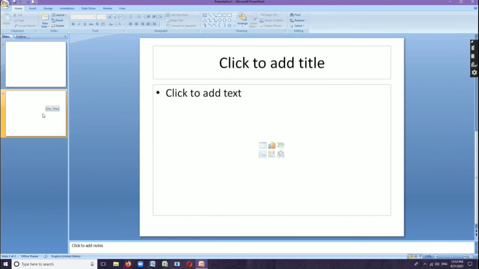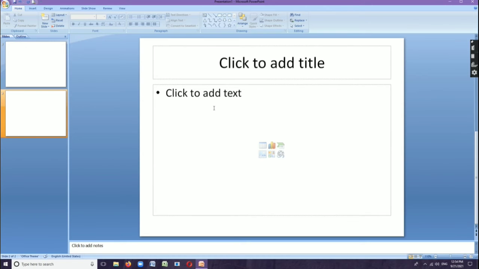Here you can see these are called slides. We can add pictures, text, audio, video, images to this slide, and also we can create beautiful presentations on the computer. To start MS PowerPoint 2010, first we have to click on the Start button, then go to All Programs. There we can see the Microsoft Office package. Among the software, we have to select Microsoft PowerPoint 2010.